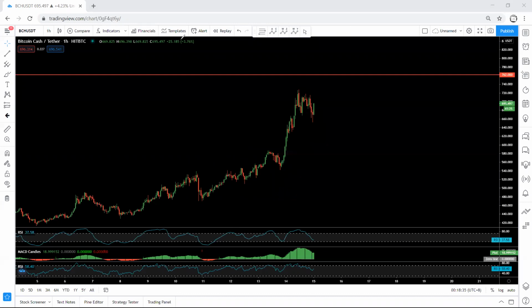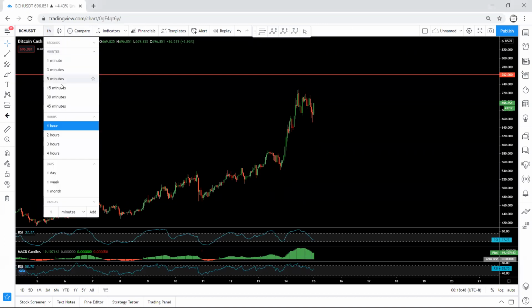Now we're looking at this correction. We want to see how we can trade from this correction, and whether this is the only one or we can expect more complex ones. Now, if we move to the 15-minute chart,